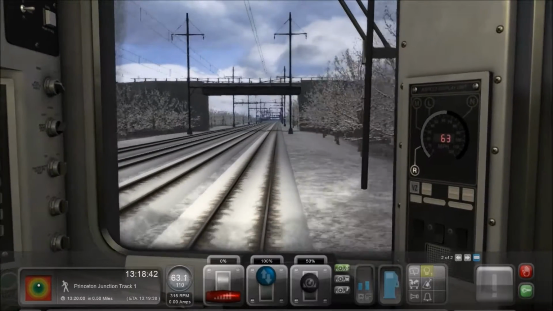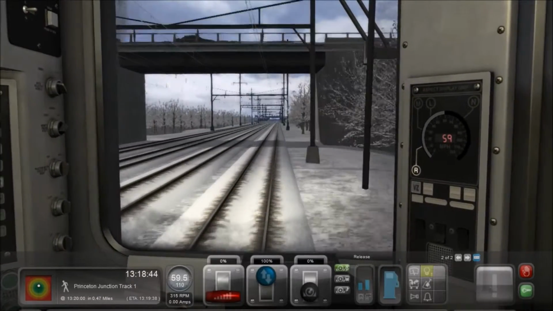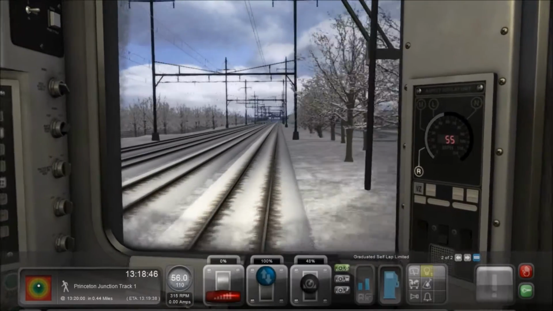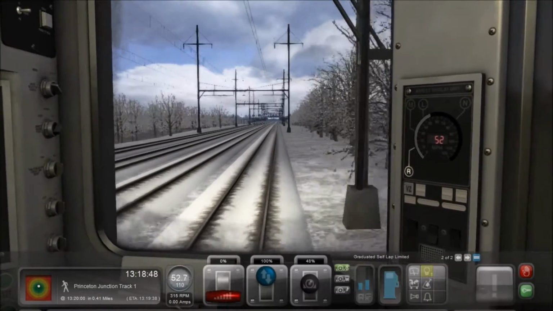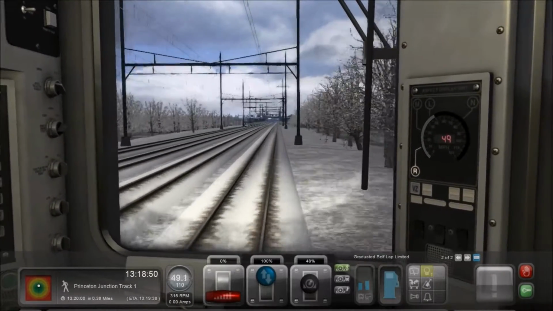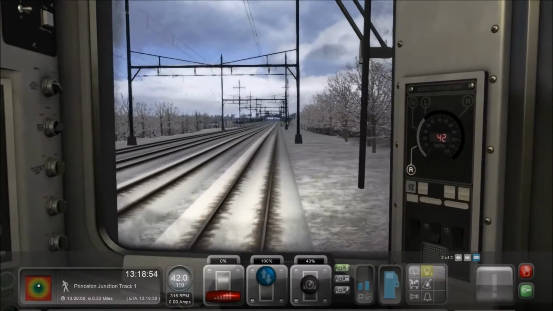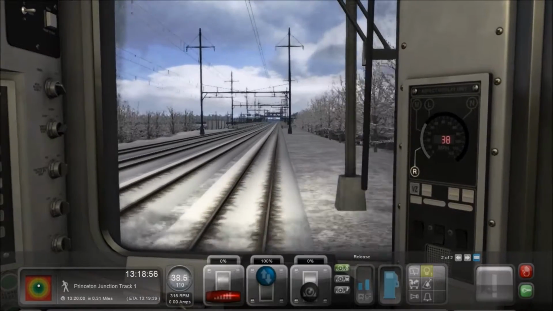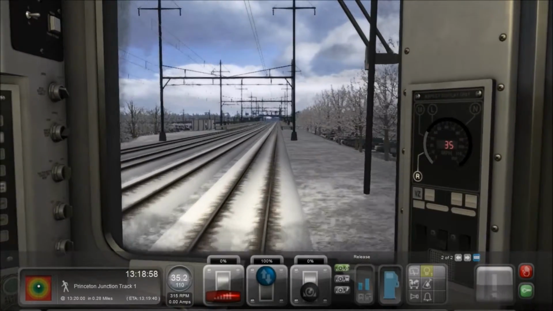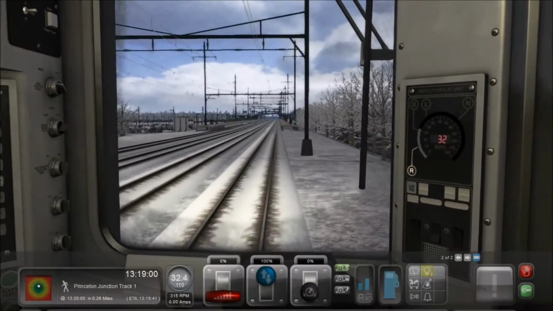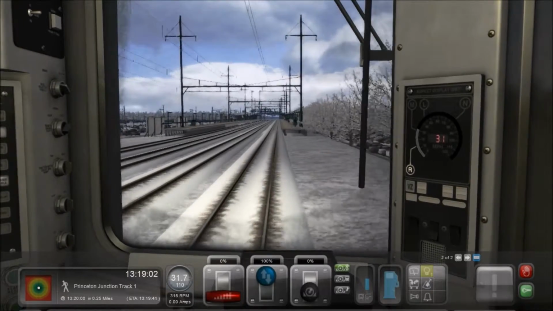We should be able to stop in time, but we are coming in close and quickly. Shit. Alright, I'm gonna release our brakes now. That's probably not a good idea. Let me keep them on. I second guess myself when I'm coming into these stations because I don't know if I'm going too fast or too slow, and I don't want to go too slow because then I'll end up being late. So, gotta regulate the brakes, you know what I'm saying? The station came up a little bit quicker than I had imagined too,